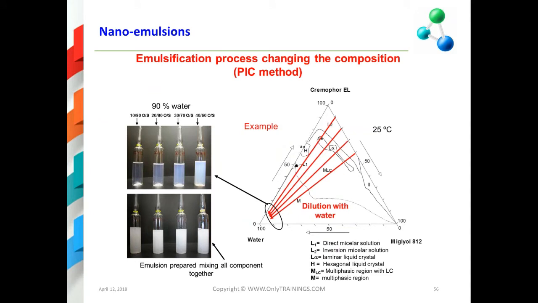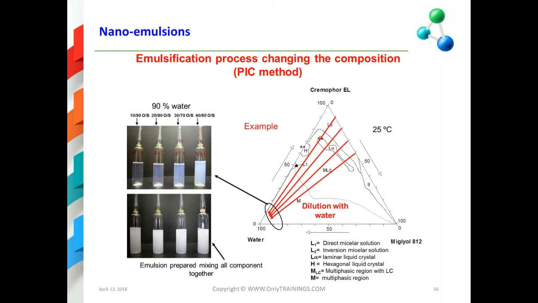So in this example, I show you the phase diagram of a system Cremophor EL, water, Miglyol. The Cremophor EL, I think now the brand name is Kolliphor EL. In this case, it's an ethoxylated surfactant, but we will see that we can make the PIC with PEG-free surfactants. Okay, so in this case, the nanoemulsions were prepared in the water Cremophor EL Miglyol system by addition